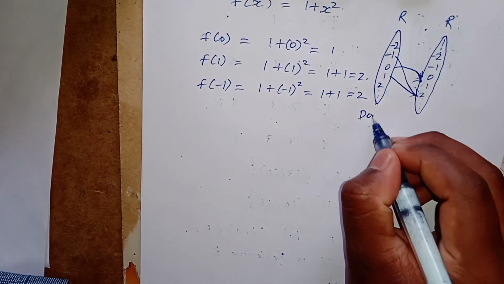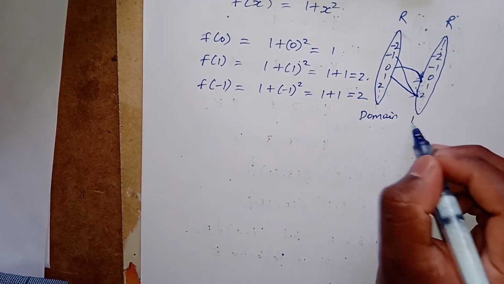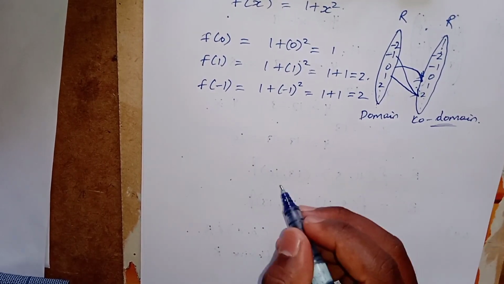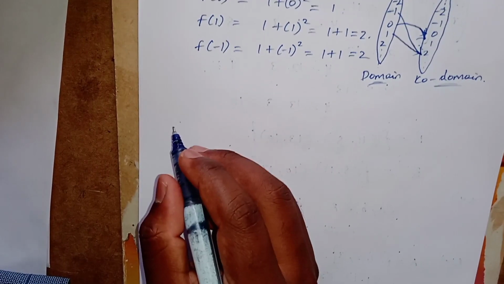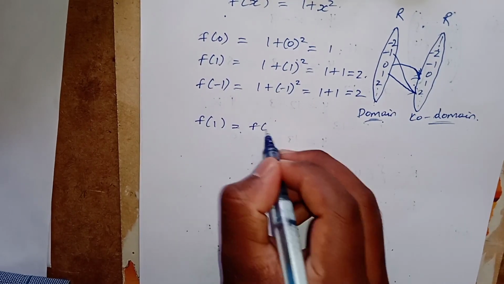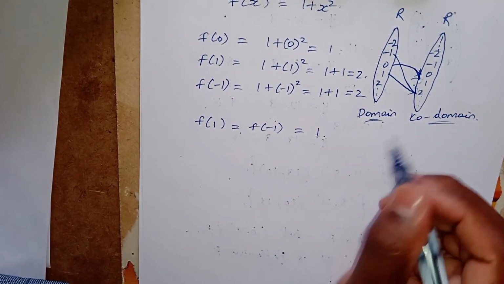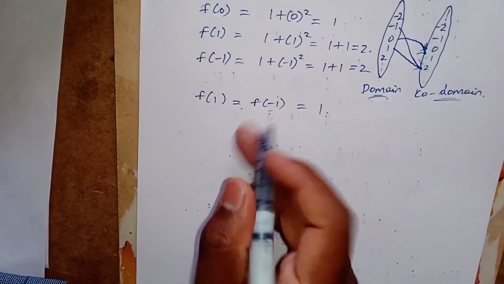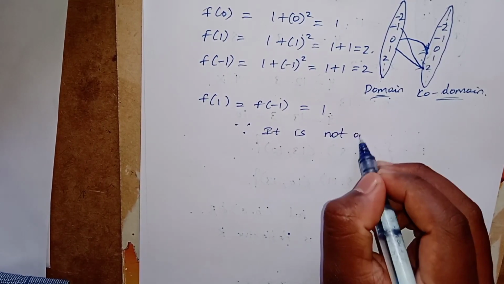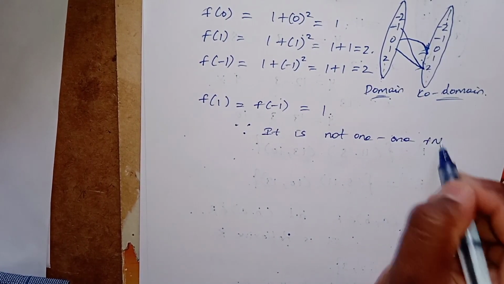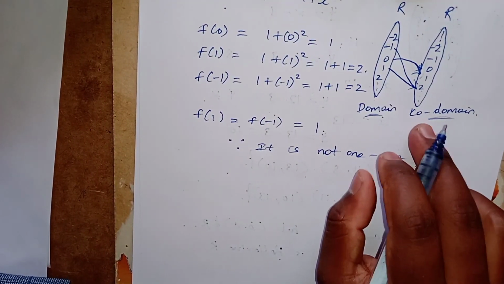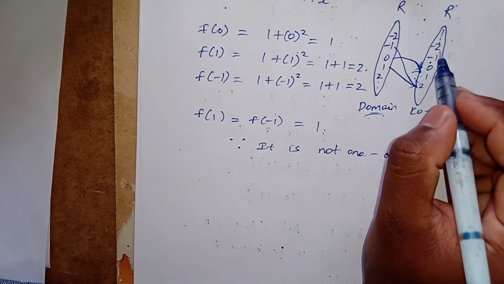Therefore, for checking whether it is 1 function, you should see the domain. For checking onto function, you should check the codomain. Okay. I am checking whether it is 1 or not. Here it is clearly f of 1 and f of minus 1 have the same image 2. Therefore, here it is a many to 1 function. Therefore, you should write it is not 1 function.